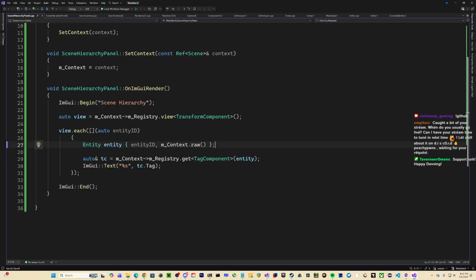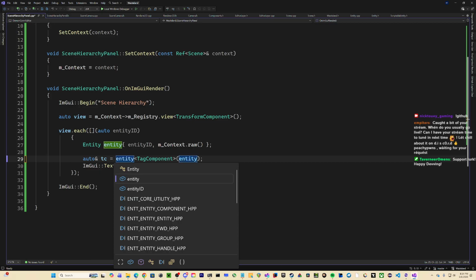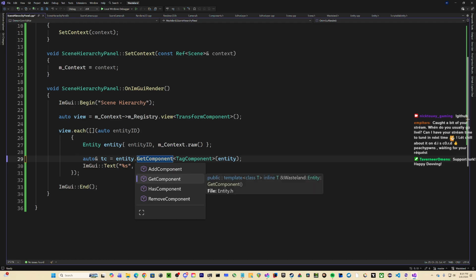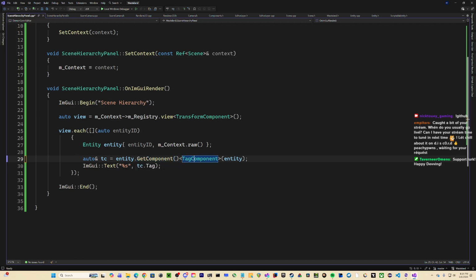No, I definitely will need to make a function for that. I'm gonna do that. Fuck me. I can probably do entity dot get component. And this would technically work, I think.